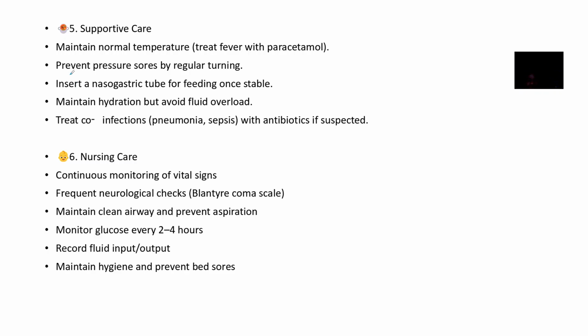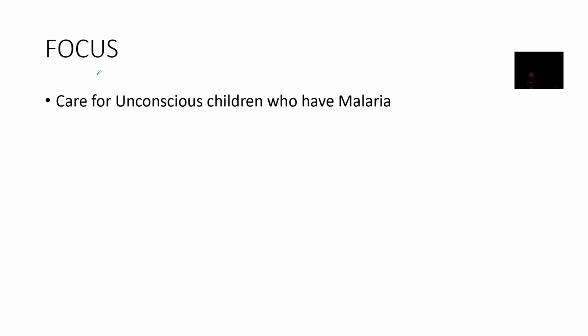Alright, so supportive care, maintain normal temperatures, prevent pressure sores. So if the baby is bedridden for a very long time, you have to be turning them, do you understand, so that one side is not on the pressure too much, you know. Insert a nasogastric tube for feeding. Remember, the child is weak, can't really feed through the oral route like that. Okay, maintain hydration. Then if there's any infections, you have to treat the infections like pneumonia, sepsis, and the rest of them. So I think with this we have actually covered a lot on how to